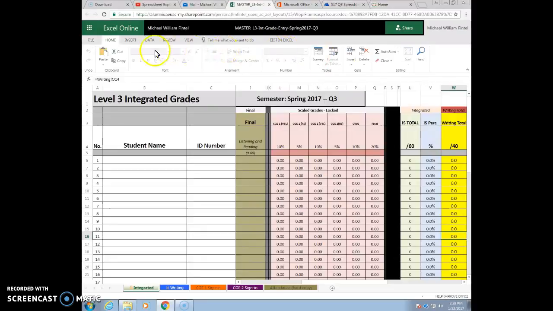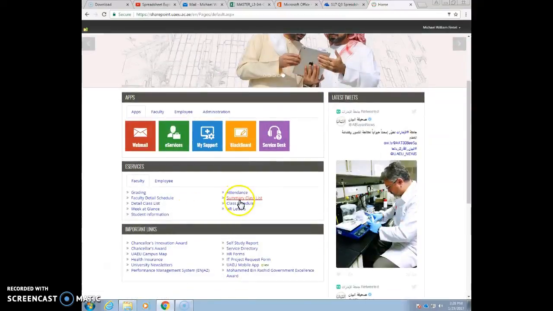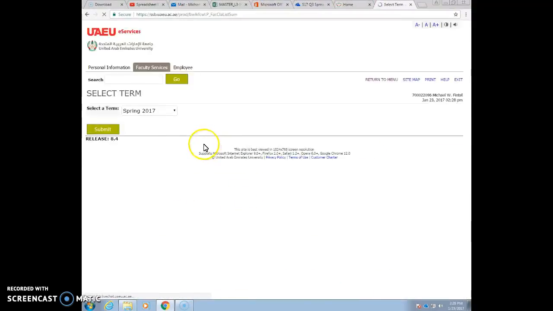and we get kind of the same thing with a few more options. The spreadsheet is very similar to what we used last quarter. We've changed the rounding rules a little bit to make it more like the SRM, so hopefully we won't run into those problems. Now again, we need to go get the class list, and this is the same as last quarter. In the SharePoint, I go to the summary class list,